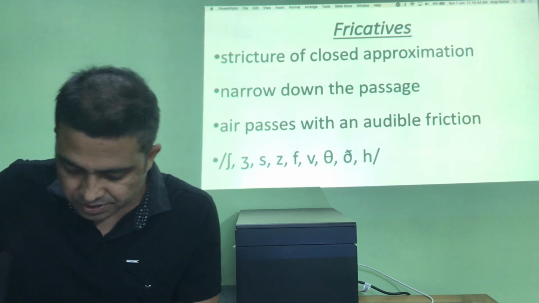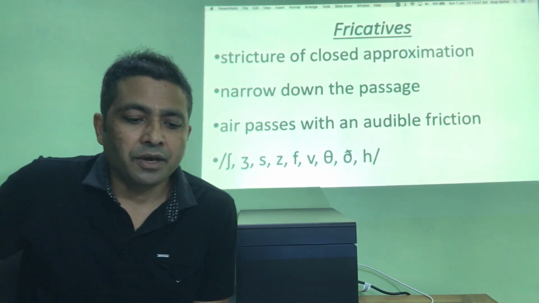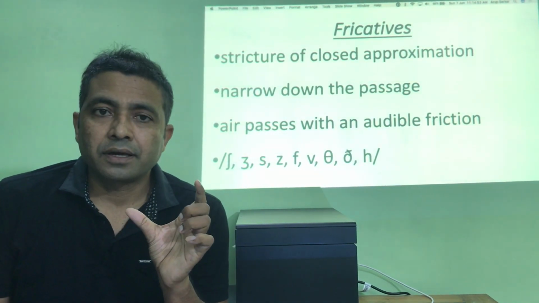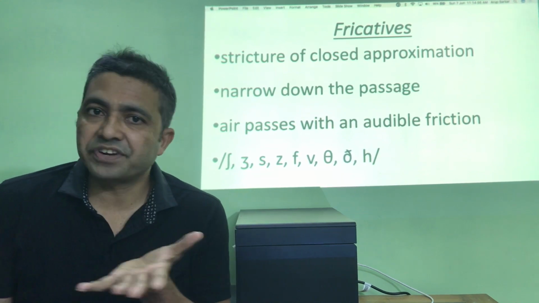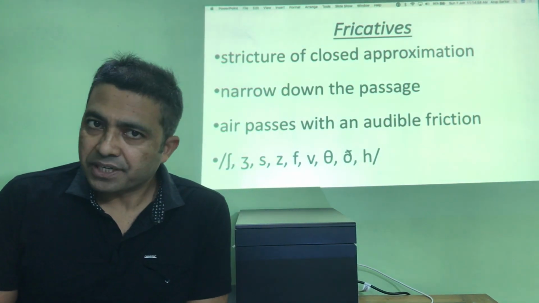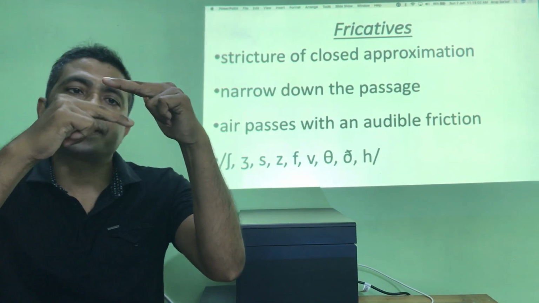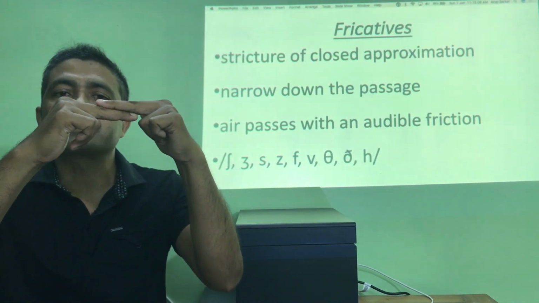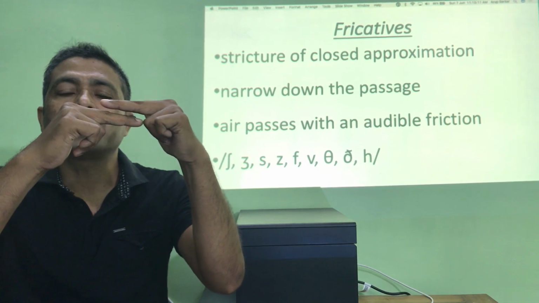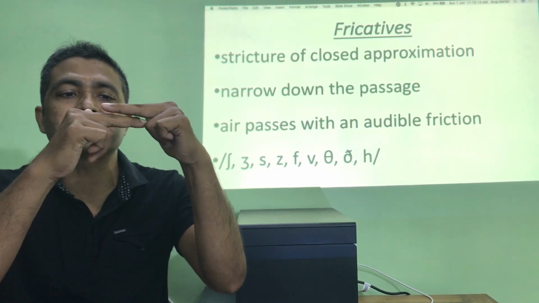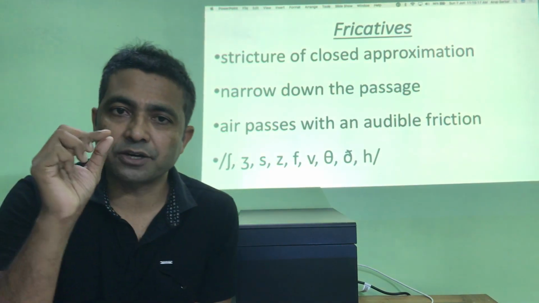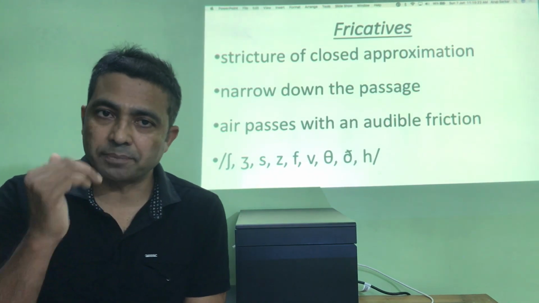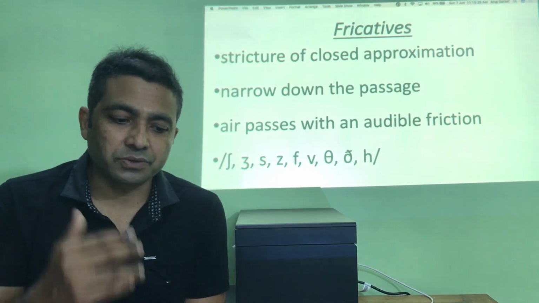Fricative sounds. The maximum sounds in English RP are fricative sounds. The word fricative has come from the word friction. The sounds that produce friction are called fricative sounds. During the production of the fricative sound, 2 articulators come against each other very close. They narrow the passage, but they don't block. They simply narrow very close, and the air passes through that narrow passage. When the air is passing through that narrow passage, there is friction sound because the passage is too narrow for the air to come smoothly. So they are called fricative sounds.